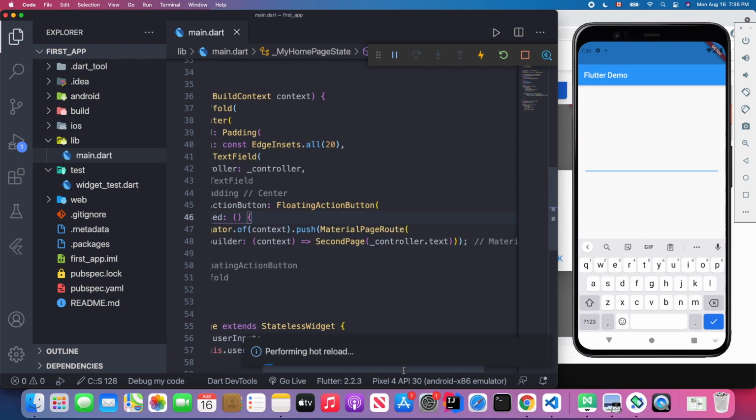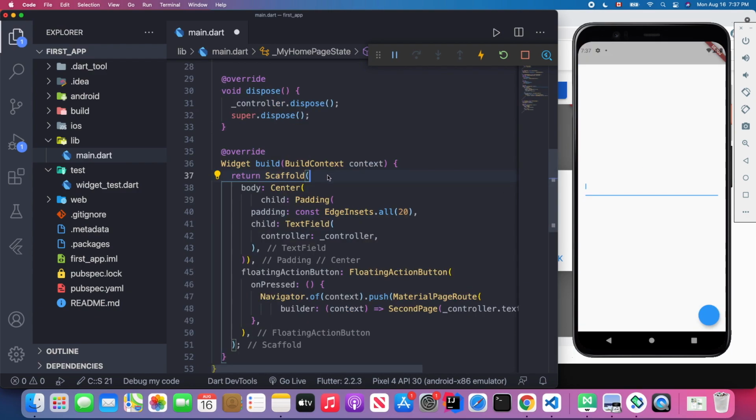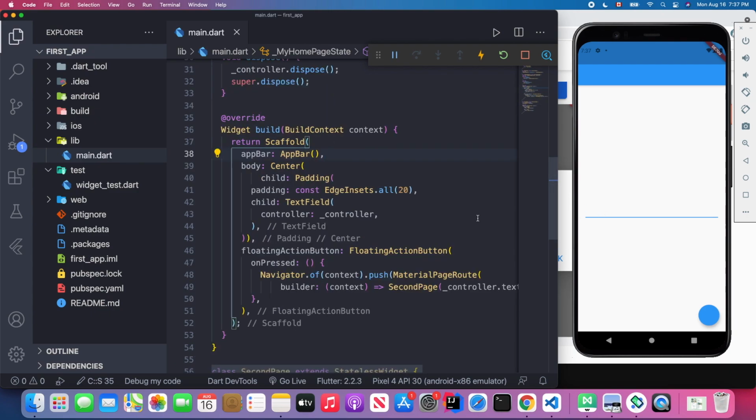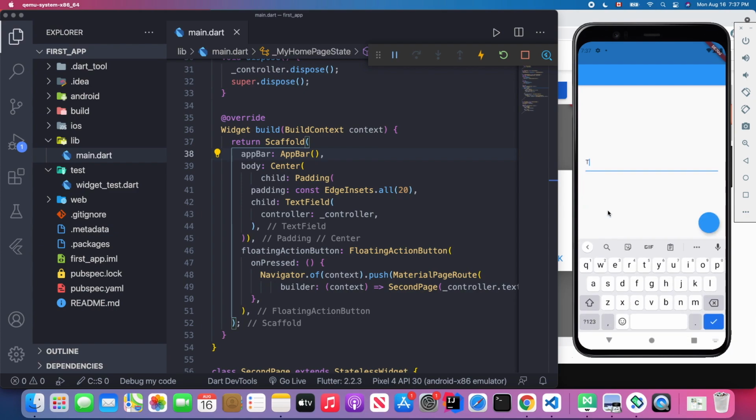So we save the code, and we're going to rebuild our application. I need to, probably I will give the app bar, and I'm using the default Material app bar. So I save. So I'm going to type something in here. So I just type this text field